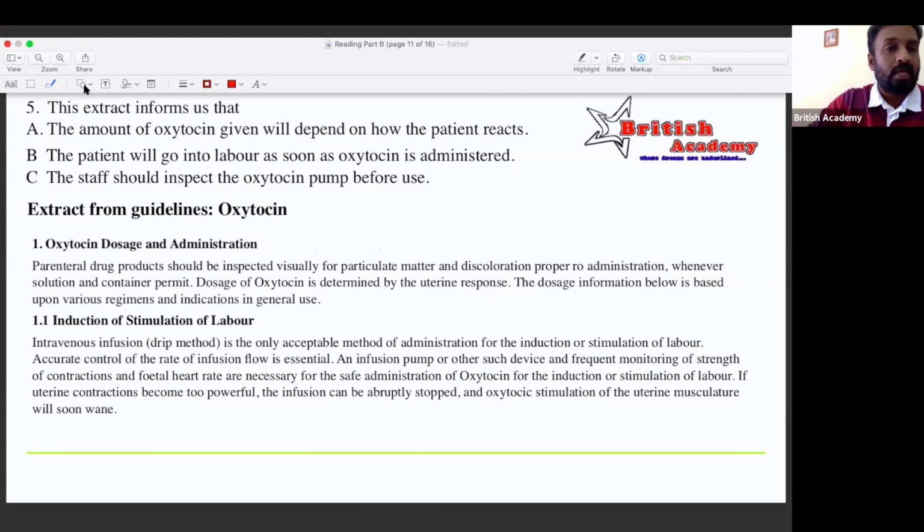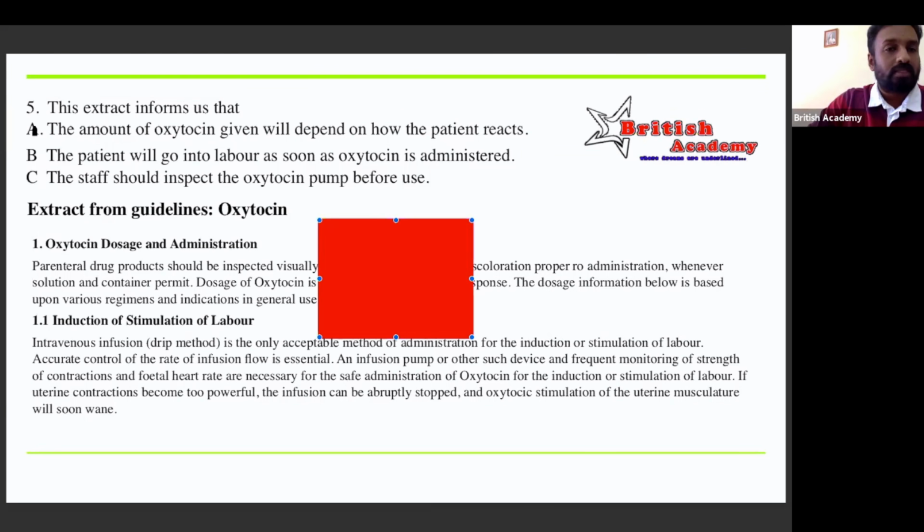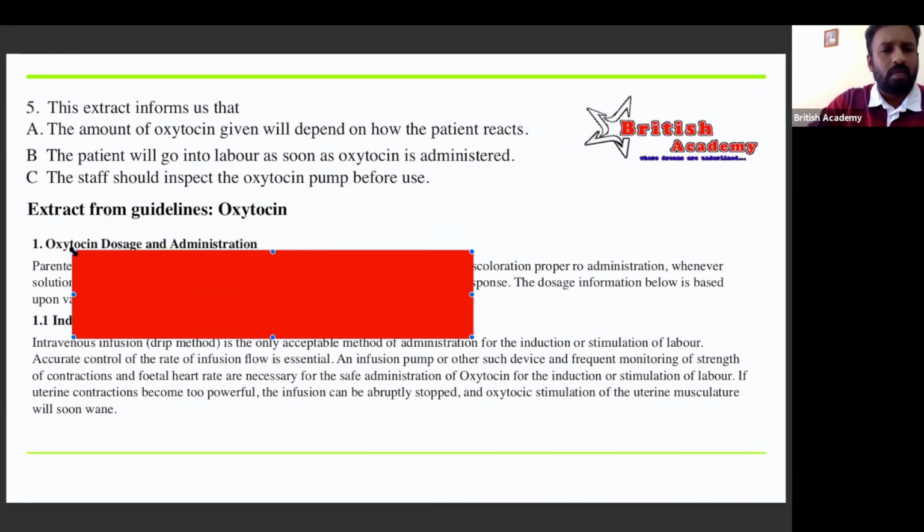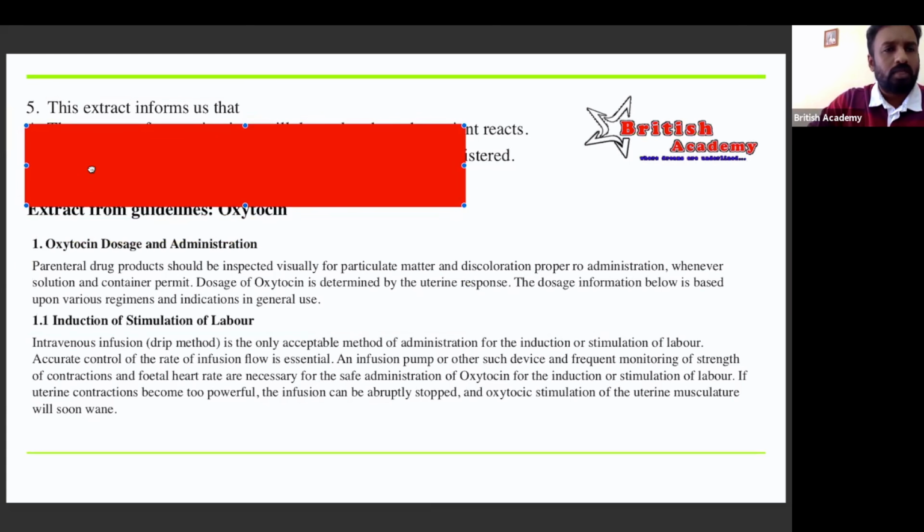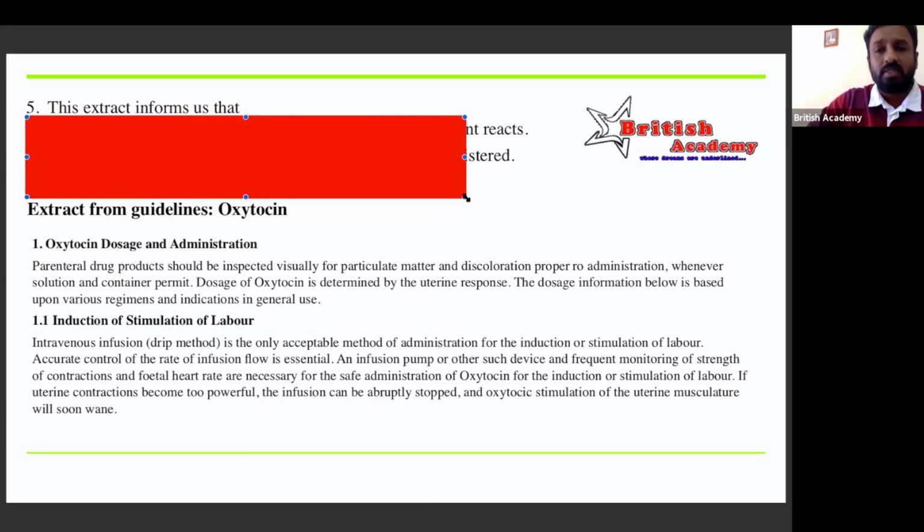Now I'll cover the option again. Let's do it once again. We'll do 3 more questions and we are done with it. I believe this will be informative, as well as you will learn many more things. Next time when you're doing part B, it will not be the same as you were doing till now. Things can be much easier for you.